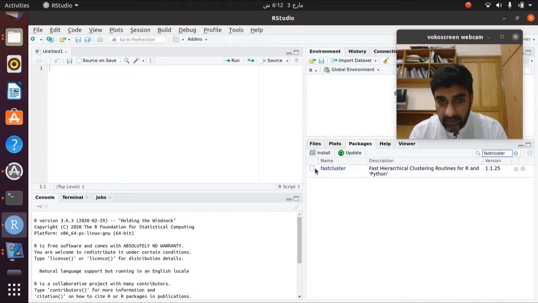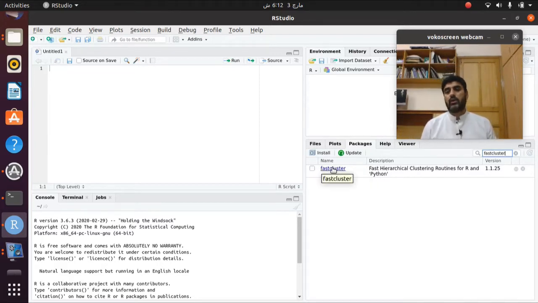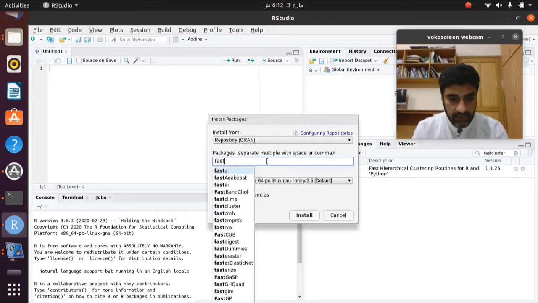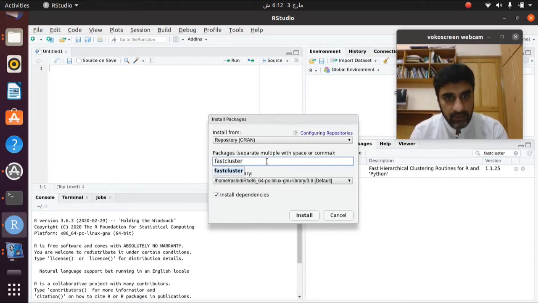So you can also install this package by clicking here. Write the name here, like fastcluster. This is what did not appear in the previous example in case of Biobase, so we didn't have any auto completion of fastcluster.